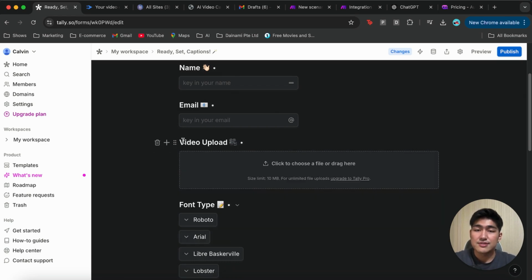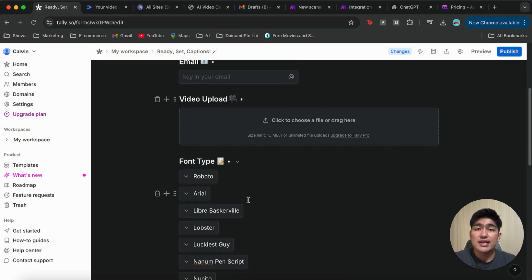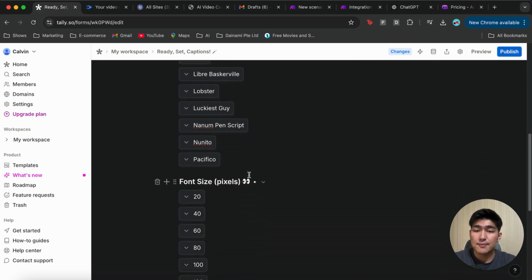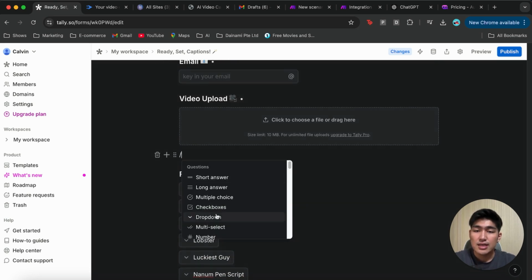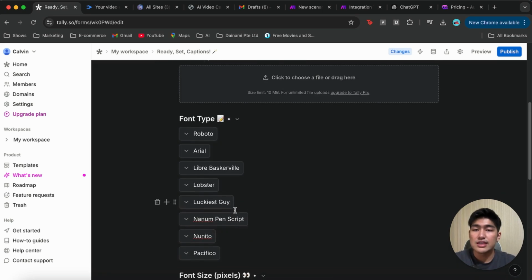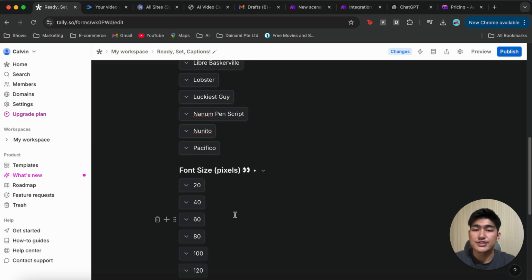Right now, I'll name this video upload with this camera emoji, and this is where you can upload all the videos for captioning. Alright, so the next feature that I want to add in for this simple example is font type and font size. What I'll do for both is add in a drop down button, and this is where I'll key in the different font types and the different font sizes that we can use